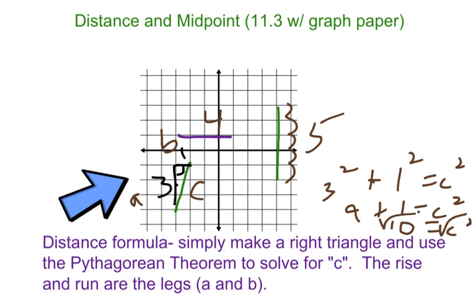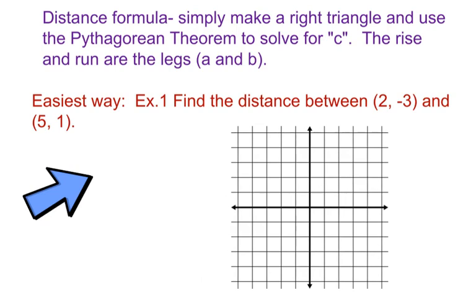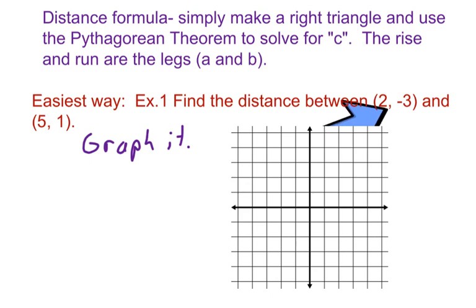Alright, why don't you jot one down with me? Alright, so example 1 is find the distance between 2, -3 and 5, 1. Well, the easiest way is to use graph paper. So we're going to graph each of these ordered pairs. So 2, -3 is right 2 down 3, so right about there. And 5, 1 is right 5, 2, 3, 4, 5, up 1. So right there. And I'm going to connect them